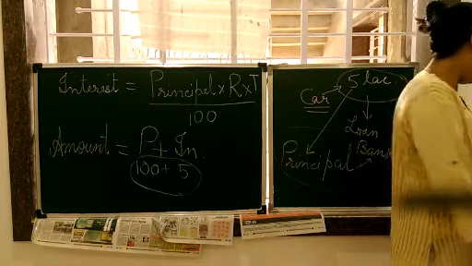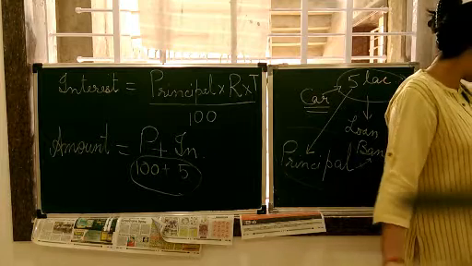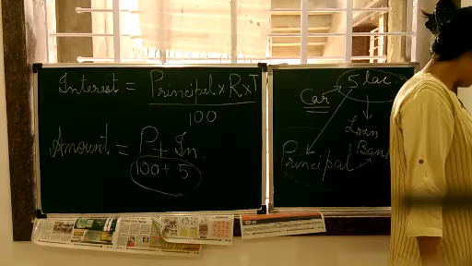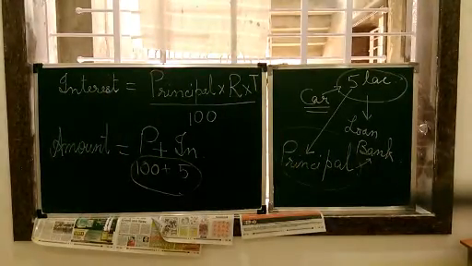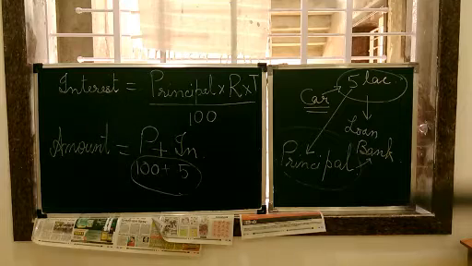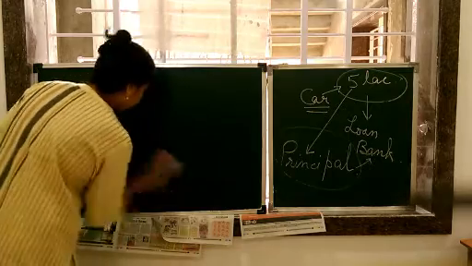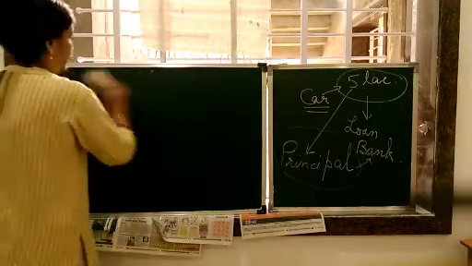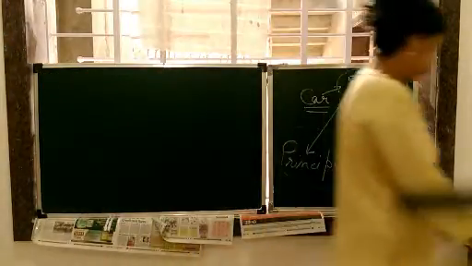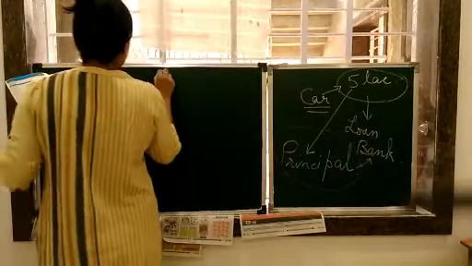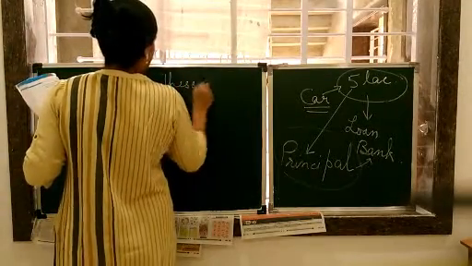So children, depending on this interest, we have certain questions. Try these at page 170. If you want, children, we can do it in the book. Otherwise, we can do it in the copy also. I leave it to you. You decide where you want to do. I have no problem. Wherever you want to do, you can do. So this is once again the tries of page 170.